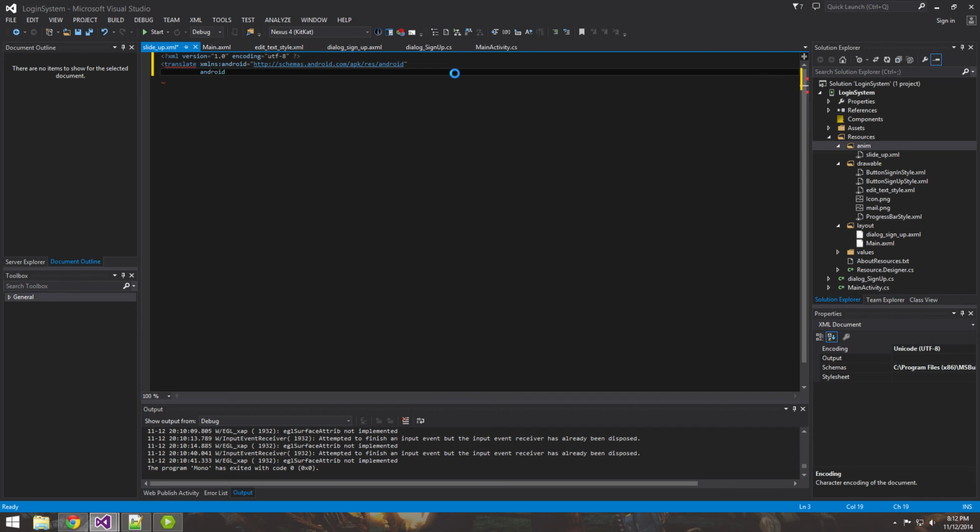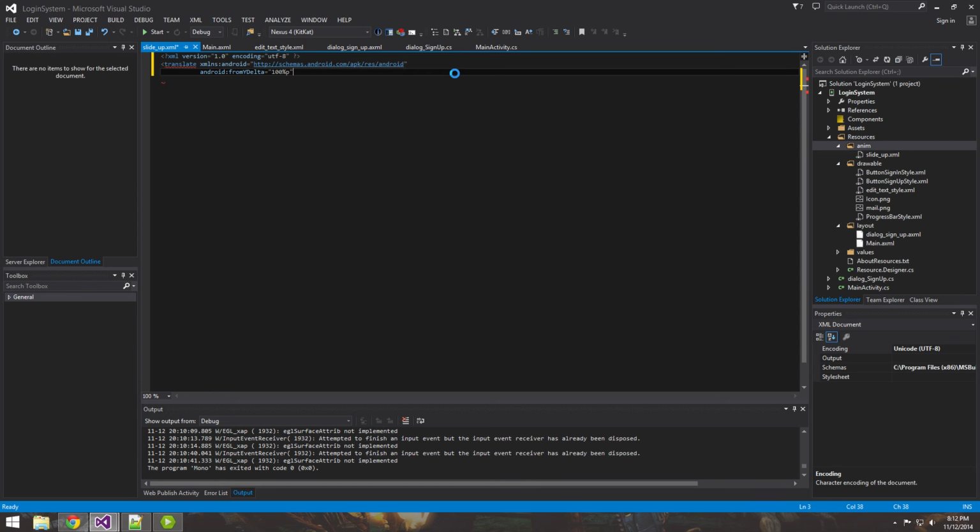And pretty simple with animations, this one at least, is where is it coming from: y delta, from the y axis, and 100%, so fully coming out,